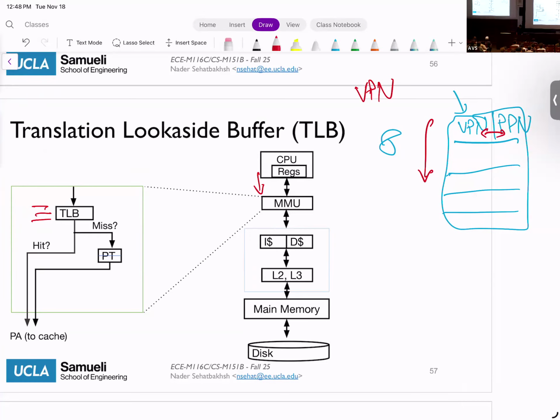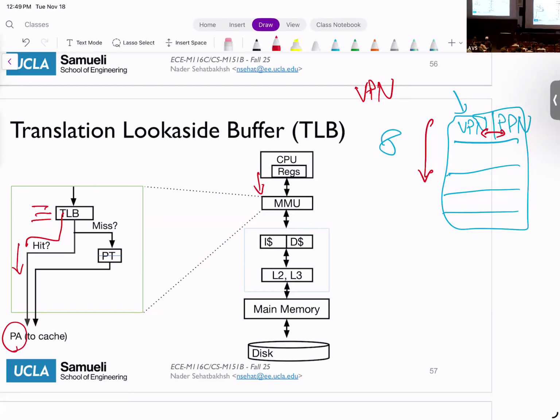If I do, this is called a TLB hit, and then I have my physical address. I don't need anything else. I don't need to walk. I don't need to access the page table. I already know my PPN. That's great. I add my page offset and boom, I have my physical address. So this is called a TLB hit. And now I can go to the cache, to the main memory and all those things.